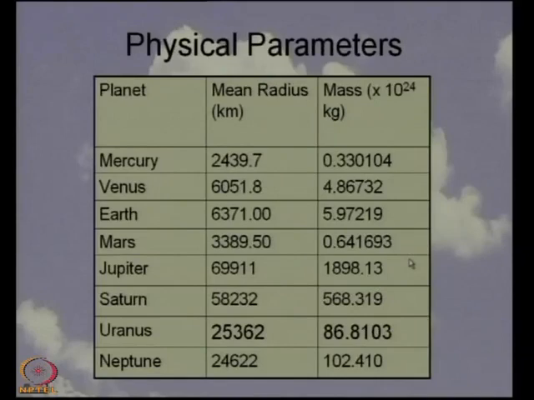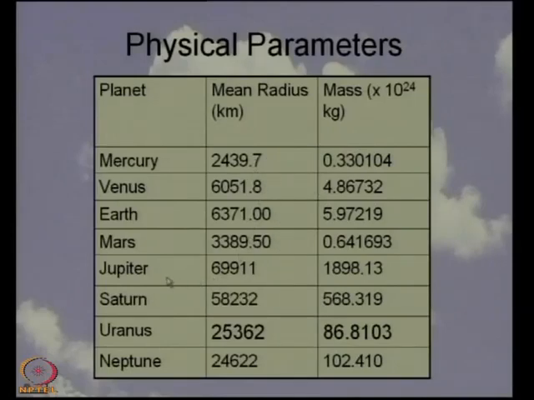Okay. Some more parameters about the planets and their orbits. So let us just look at this. These are some physical parameters, the mass and the radius. The mean radius and the mass. The radius can change along the equator and the poles. So this is the mean radius of the planets, and this is the mass. The radii are in kilometers, and the mass in 10 to the power 24 kg. Again note that the radius and the mass, both of them, here they are of the order of few thousand kilometers,